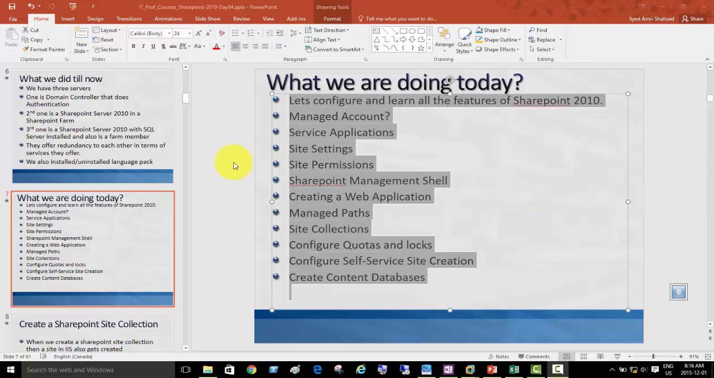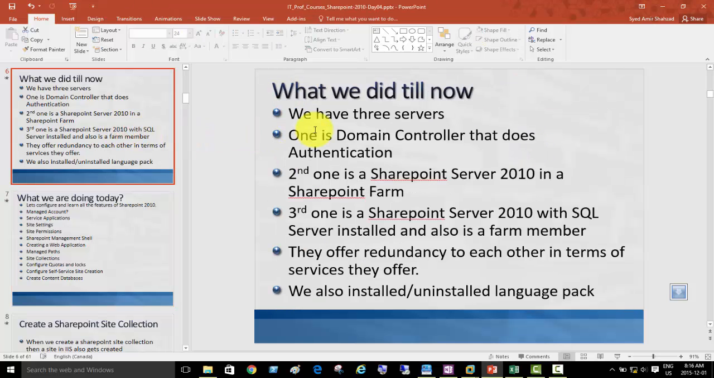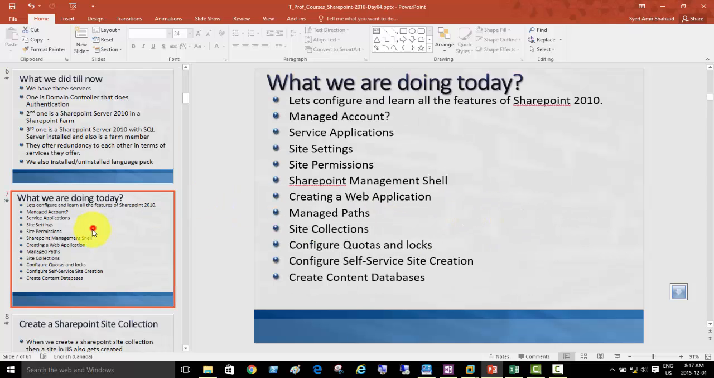Okay, so what we need to do today for day 4, until now we've been doing the installation and configuration of SQL and the farm, and we have 2 servers redundantly available here. And we did the language pack as well. We didn't need to do the service pack because we downloaded the latest one. Okay, so what we need to do today is